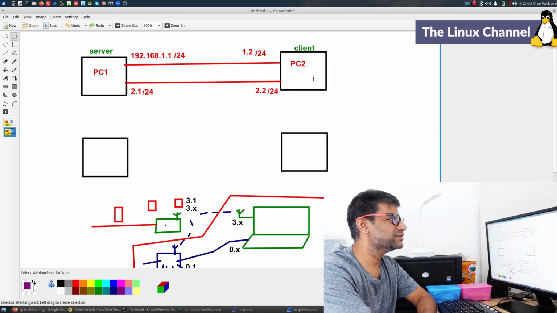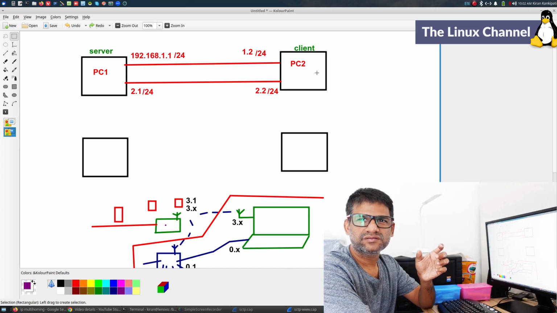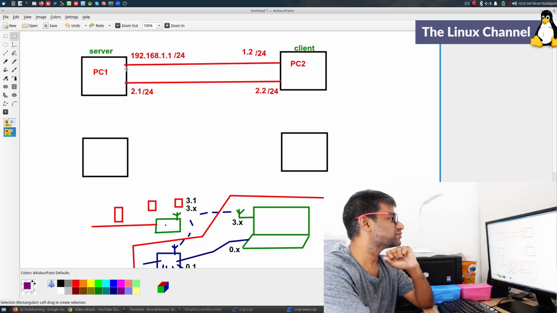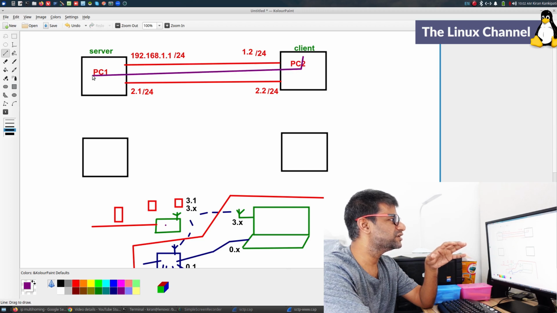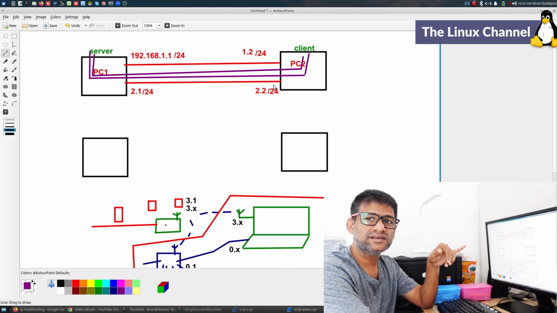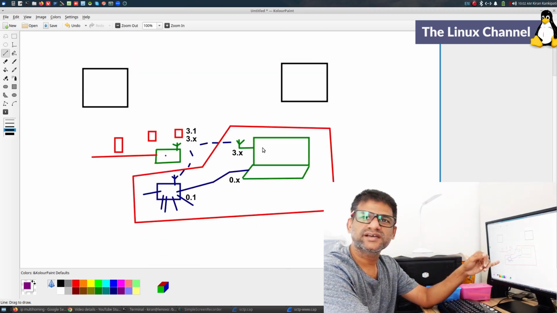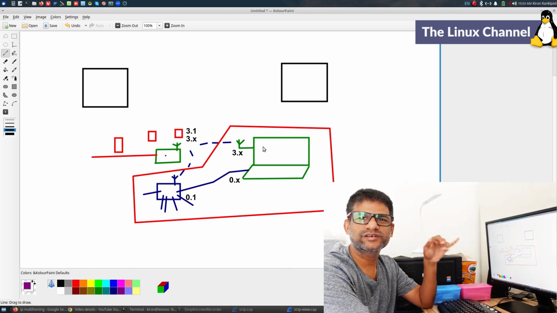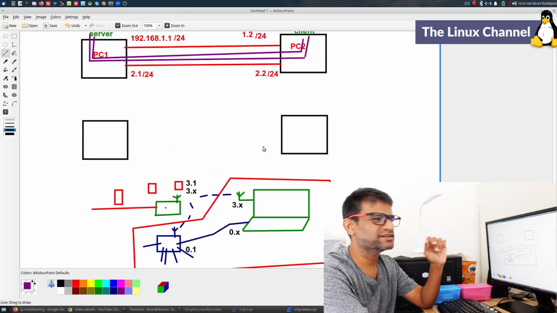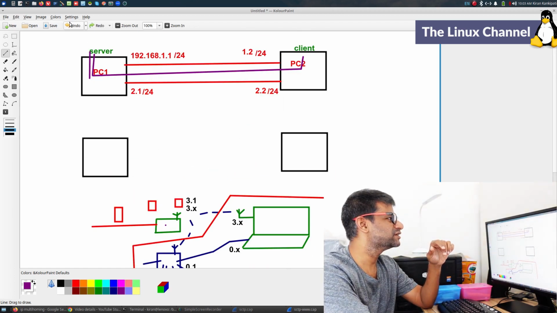So hence I am saying you have a PC, you have another PC, you have something like this. Now see, when you do regular TCP, as I said, it will go from here to here, and from server to here. It is not going to choose the other alternate path. It will be either of one channel. Hence I gave this entire example. So it will be either this channel or that channel, not both together.